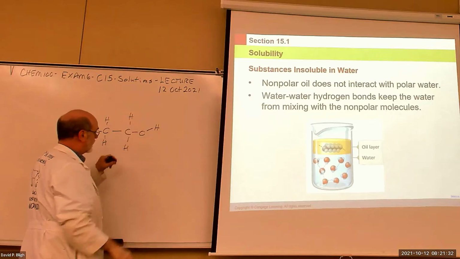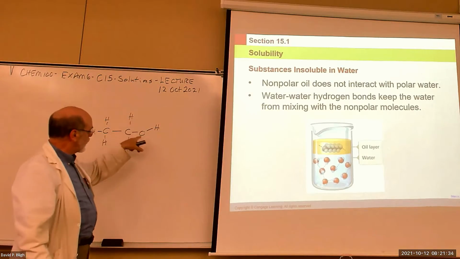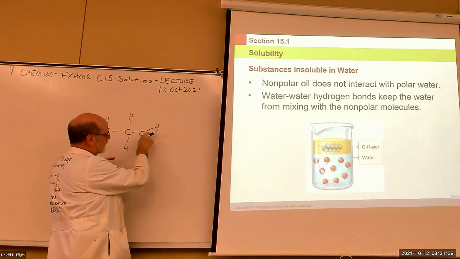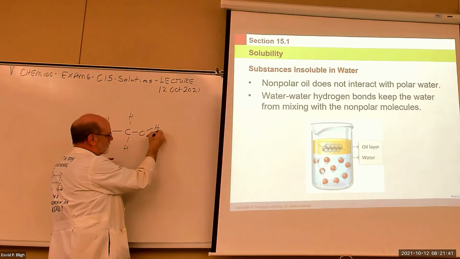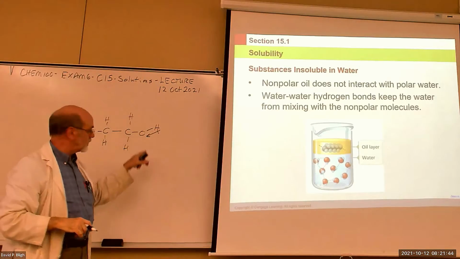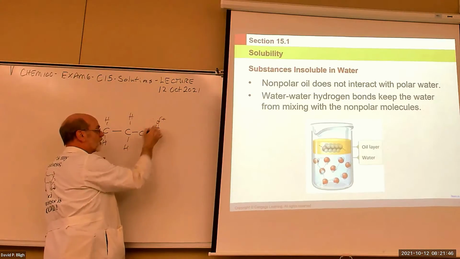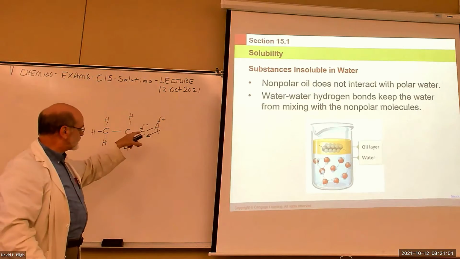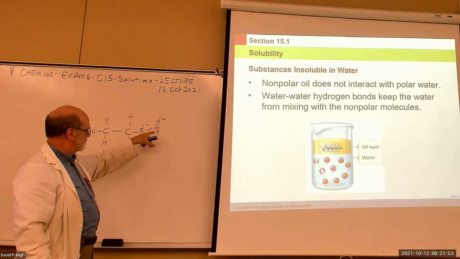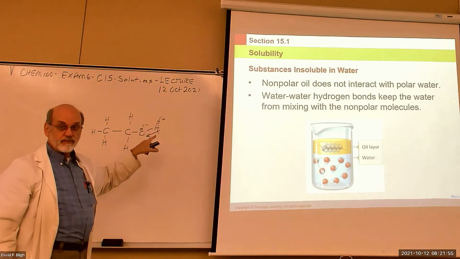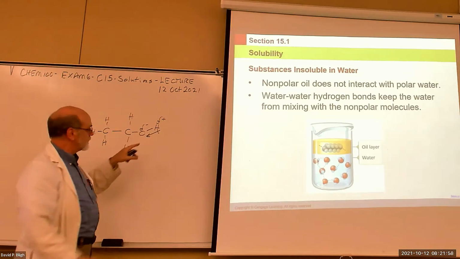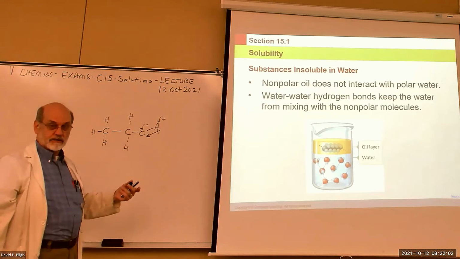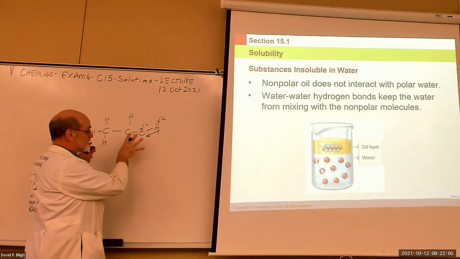There we go. Okay, so for ethanol, you have this OH group on the end. And the density of electrons moves toward the oxygen. So we get a slight positive charge here and a slight negative charge there. This is a very polar bond, we say, because the shift of electron density is greater than most. And when you put these two together,